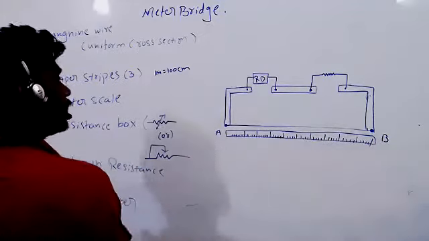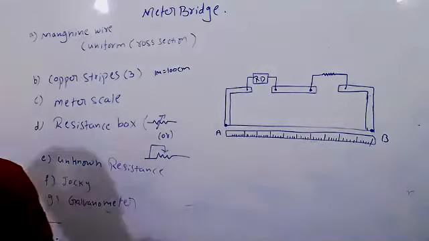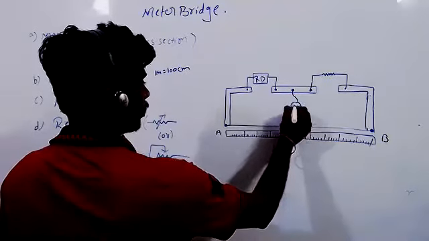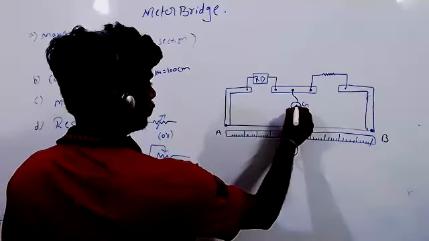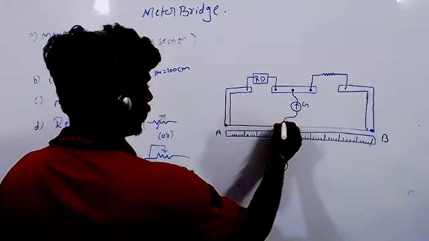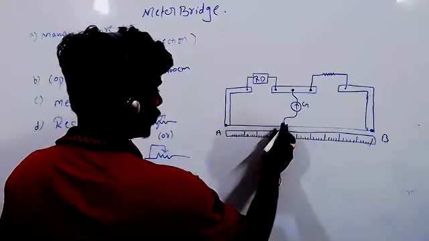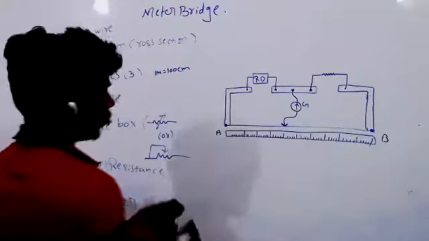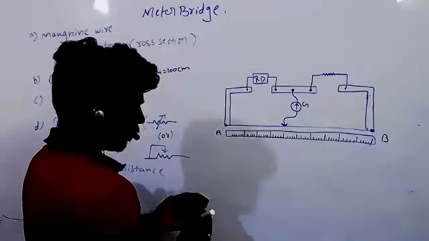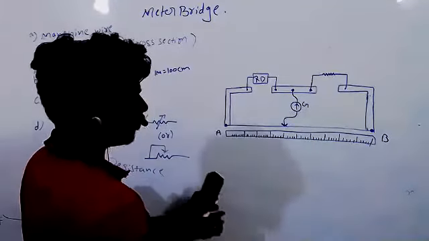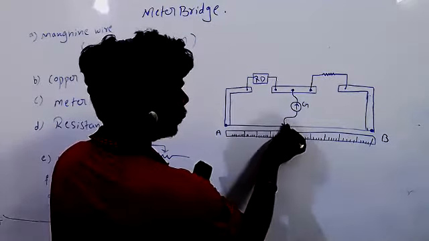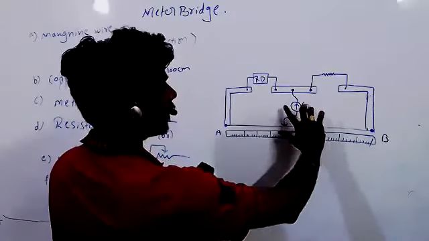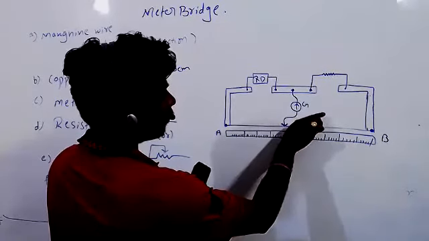It is the meter scale. We have to arrange it. From this, one galvanometer, needle, jockey. The jockey contains a sharp needle at the end. Very sharp it is. So we can move this jockey along the length of the wire. When you are moving it, you should not rub like this. Just touch here and here. If you touch this side, the galvanometer will move this side. When you touch that side, the galvanometer moves that side.